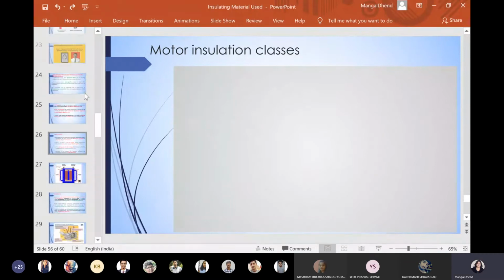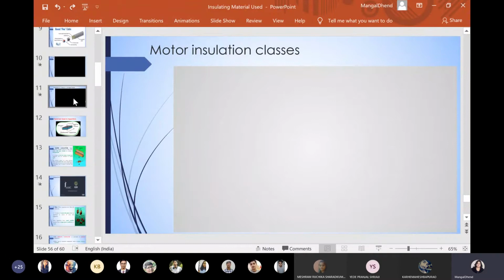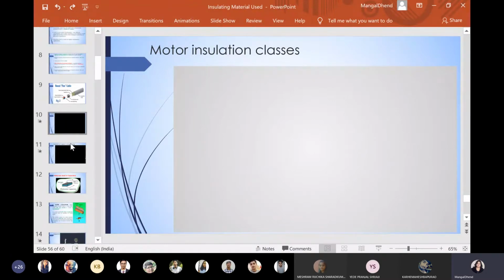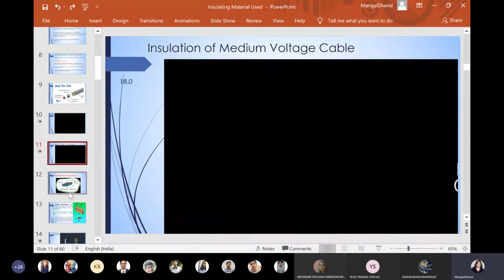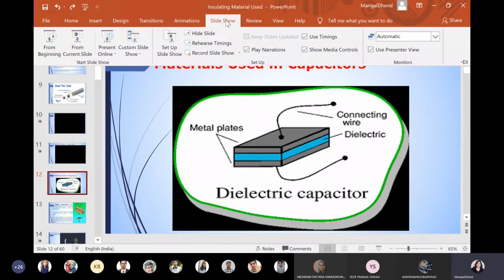So today we'll see insulating materials in capacitor, and after I will tell you, then Harshvardhan will carry out his activity related to the insulating materials in the capacitor, and then I will take insulating materials in rotating devices today. So I'm expecting somebody will come ahead on the activity of insulating materials in the rotors, motors and generators. That topic nobody has taken and topics are being repeated. So I will request some of you take insulating materials used in the motors and generators.